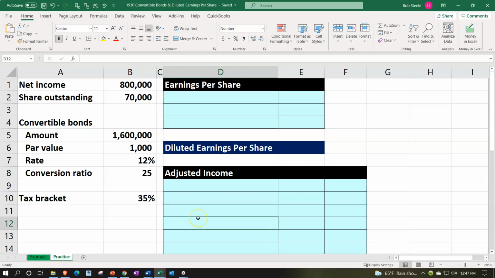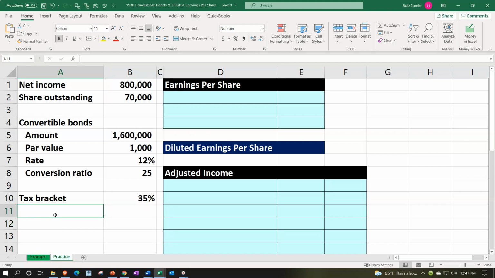Here we are in our Excel worksheet. If you have access to the Excel worksheet and would like to follow along, note that we're in the practice tab as opposed to the example tab, the example tab, in essence, being an answer key. Information on the left-hand side, we're going to populate into the blue area on the right-hand side, calculating our